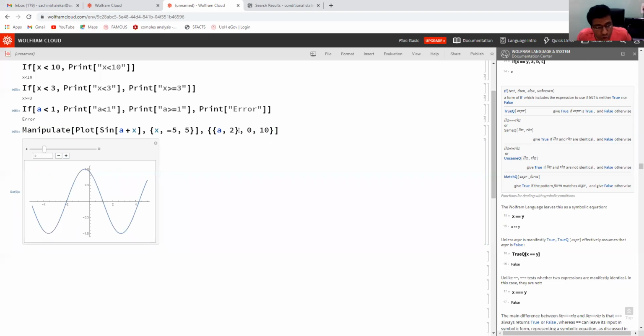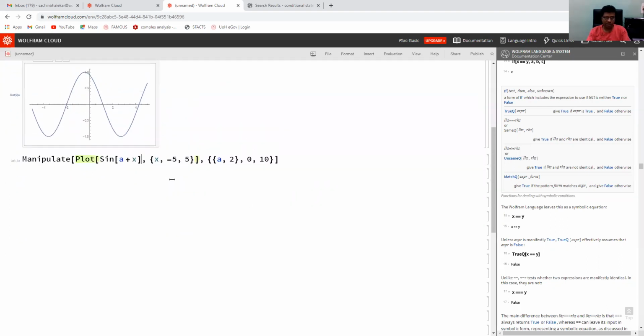Now we can have more than one such Manipulate variable. So I will use the same command and modify it. I will put here plus b, sin(a + x + b). What to do here, I will put again a comma and put b from say minus 10 to 10.